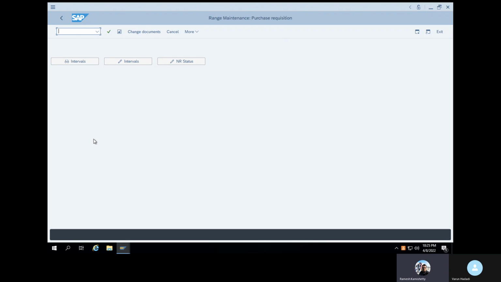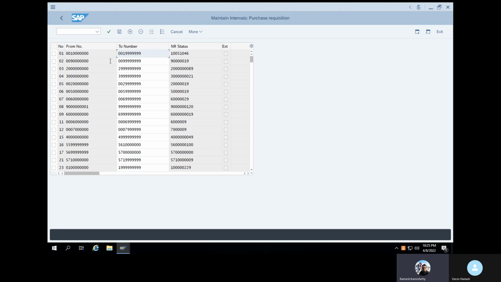Now click on change intervals. These are already available: 01, 02, 03, 04. If you want to create your own number range, you can, but we should not overlap. Now click on the plus symbol, which means insert a new line.